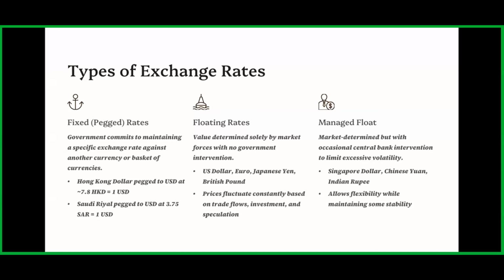That means the exchange rate is decided by market forces, that is demand and supply. But whenever the government or the central bank thinks that the value of their currency is decreasing below what they expect,